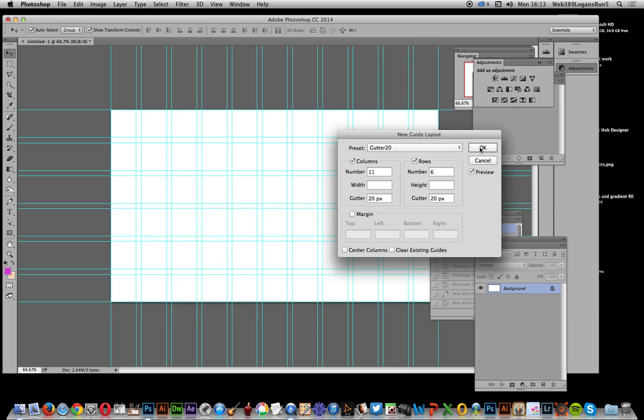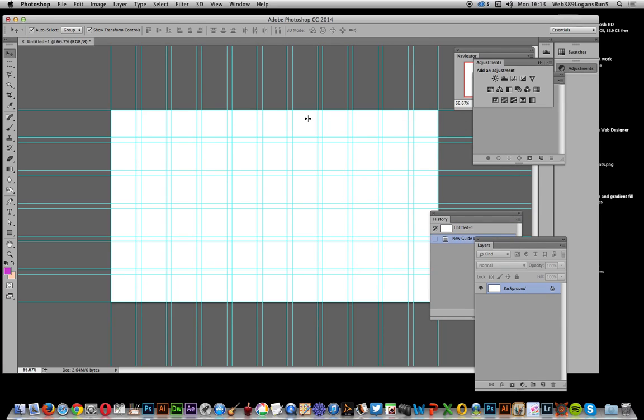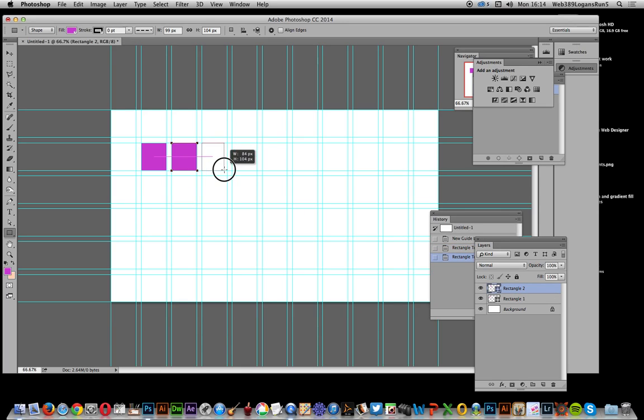Right, once you've created the various columns and rows, of course what can you do then? You just go over here. You can quickly create a square or something within those boundaries, and it's very quick and easy to create squares, or obviously other shapes. I mean, it doesn't have to be squares, that would be a bit dull, wouldn't it? So you can go to rectangle, obviously circles, just quickly create a circle within that guide,